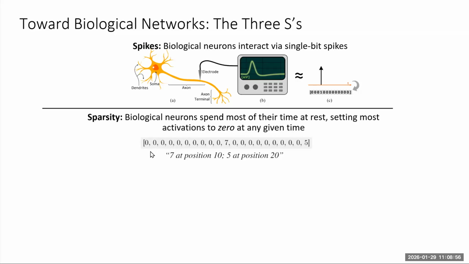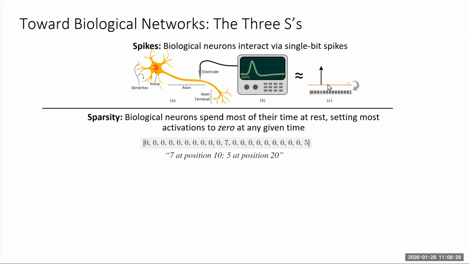If I give you this list, I could read it out and say 0, 0, 0, blah, blah, blah, 7, 0, 0, blah, blah, blah, 5. That was a waste of everyone's time, right? That's a very inefficient way to express this list. So it may make a little bit more sense for me to say there's a 7 at position 10 and a 5 at position 20. That way, I'm only adding to my memory usage every time there's a non-zero element. So this can help with caching activations that are sparse as well. These two are very related. They're both piggybacking off some type of sparsity.